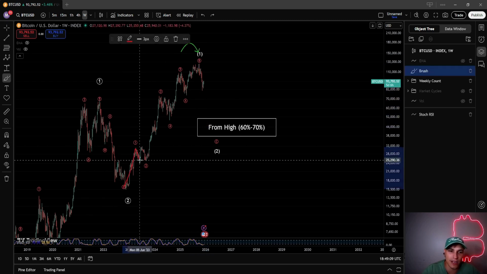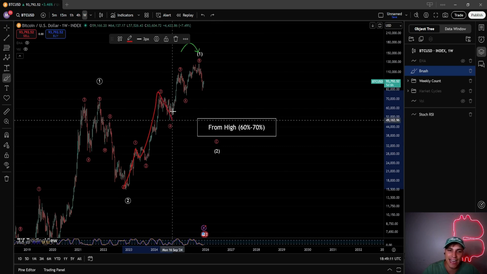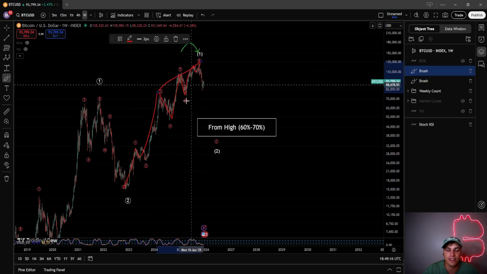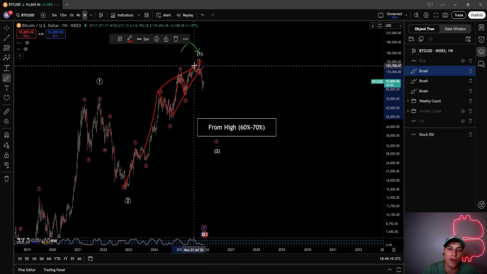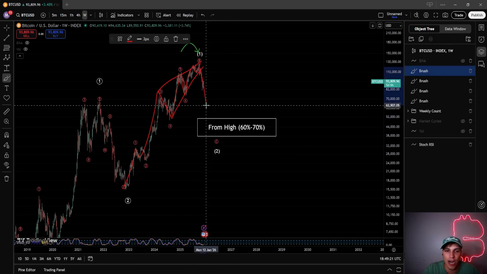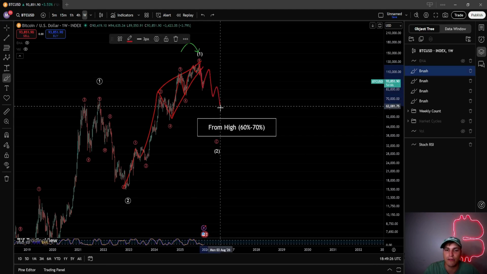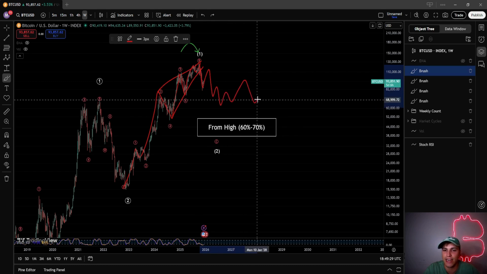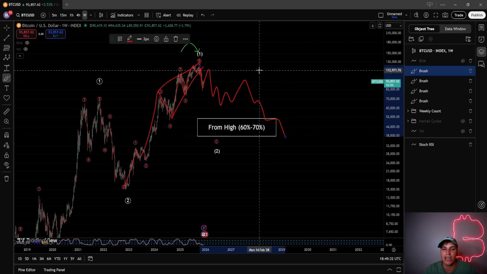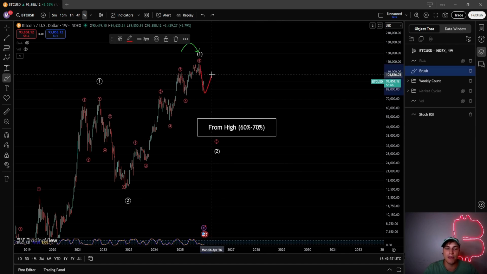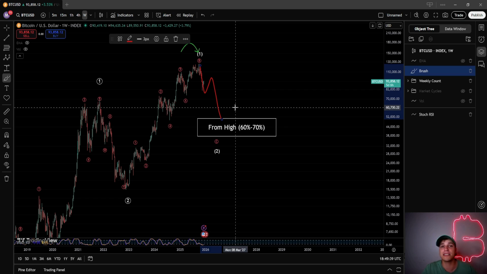That would mean we had a 1, 2, 3, and then a diagonal 1, 2, 3, 4, and wave 5, something along the lines of that. And we are then only in our start now, where we are going to look for a 5-wave structure down, right? 2, 3, 4, 5, followed by a 3 wave, and then another 5 wave structure down. That is what we are now possibly looking for, a standard A, B, and wave C, possibly taking us to that 5 October 2026 mark that we've been talking about, right?